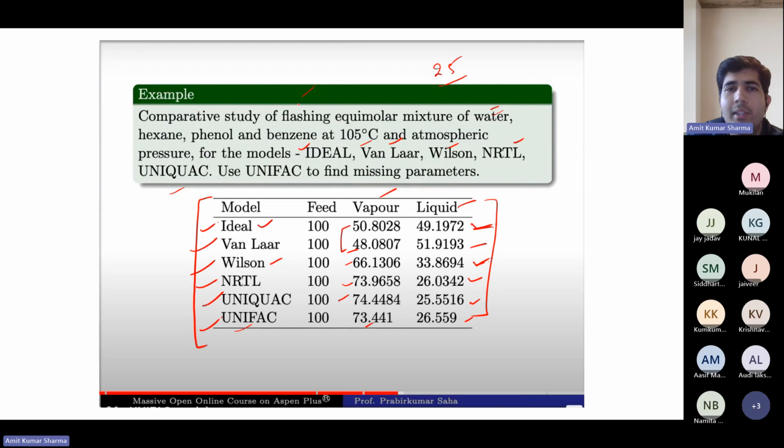Here we are doing flashing at this particular temperature and pressure, so we are separating the vapor and liquid parts. It's really important to select the proper method, otherwise you will have different results. You can see there is a significant difference: in Ideal you have 50 mole fraction of vapor, and in UNIFAC you have 73 mole fraction of vapor. So how much difference is there?